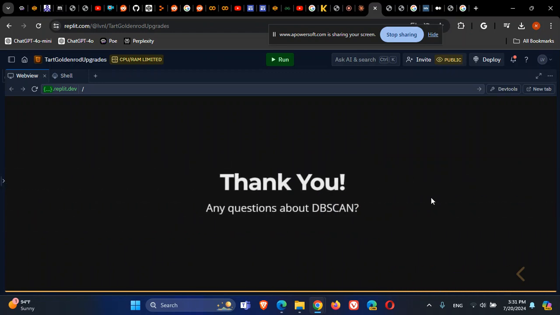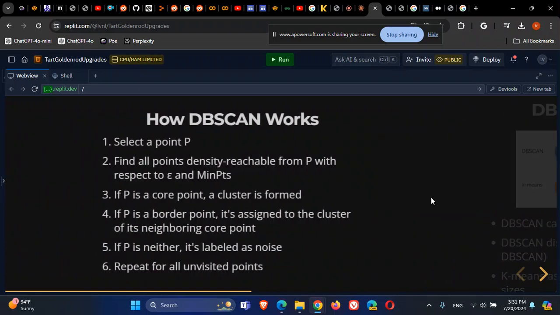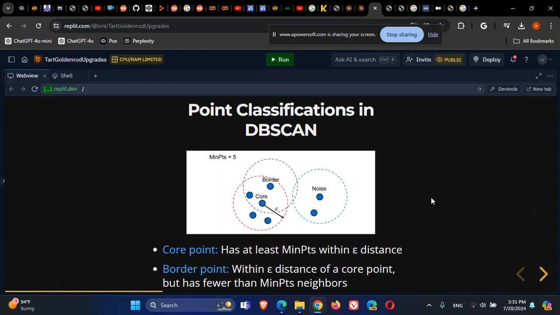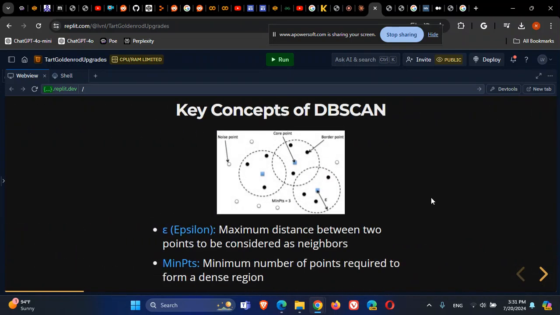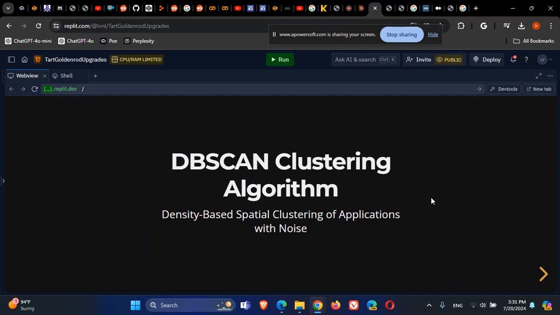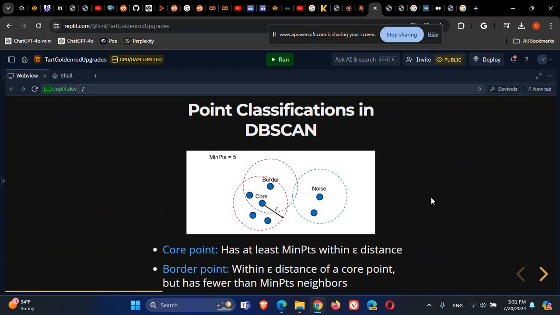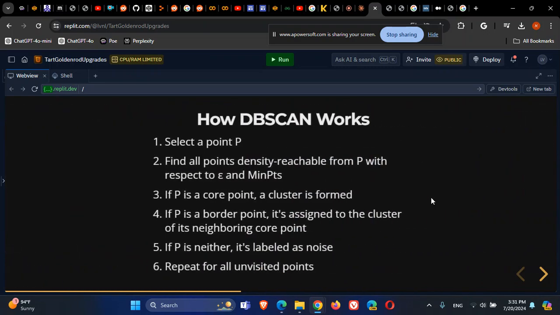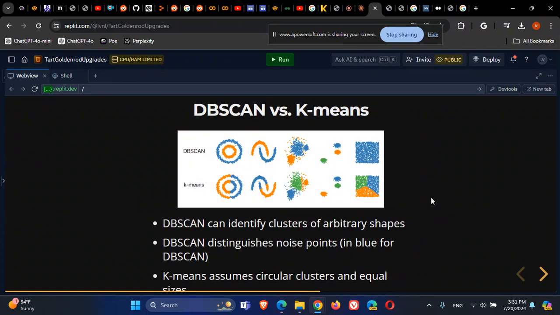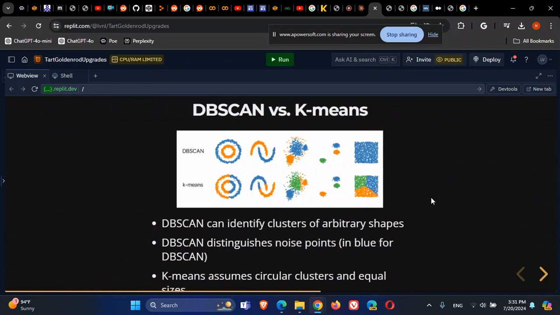Okay, thank you. This was about the DBSCAN density-based clustering algorithm, quite a good algorithm, but it has its own limitation with the constant density definition. We define the epsilon, the radius, we define the min points, we define the core points, the border points, and we get the noise points, and we get the density-based clustering,